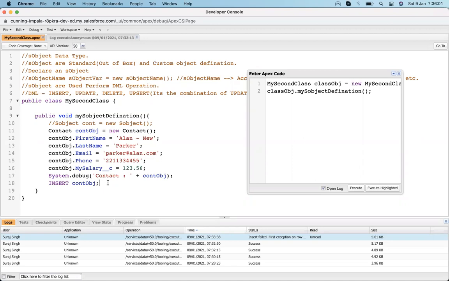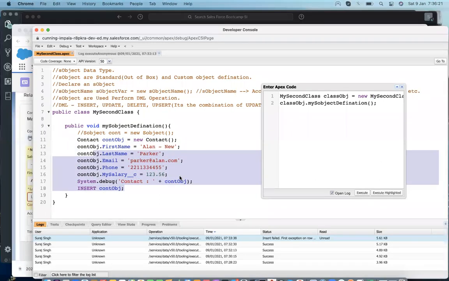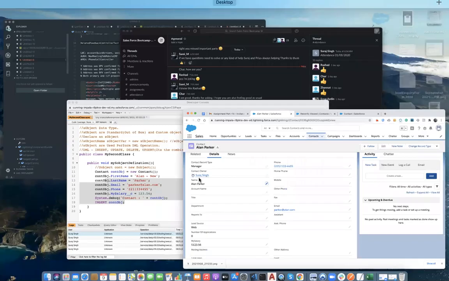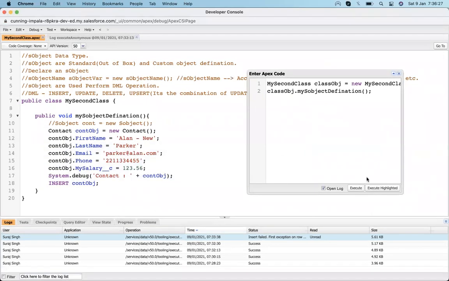It's interacting with the database basically. So when I run it a second time, it will not affect the existing one, it will create a new record. Just like new, if I call it new, it doesn't mean that this Alan Parker will become Alan New Parker. It will create a new record with these values.